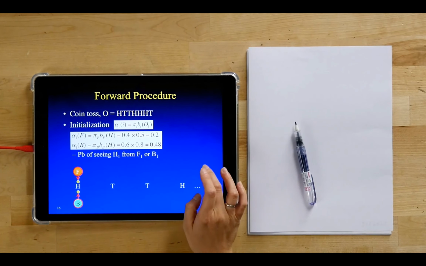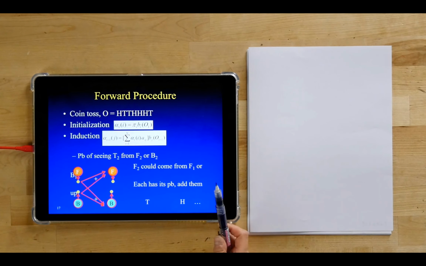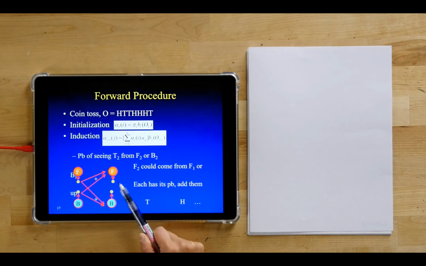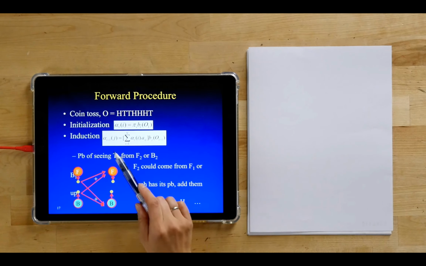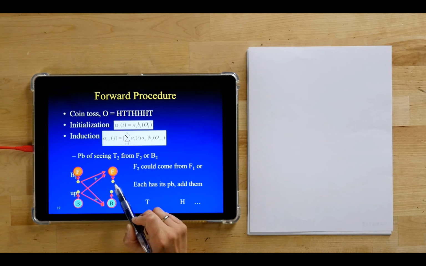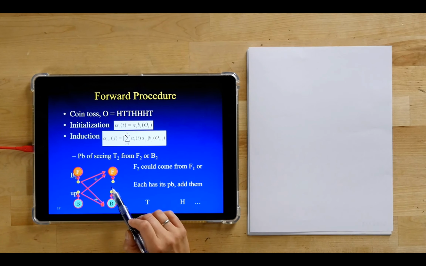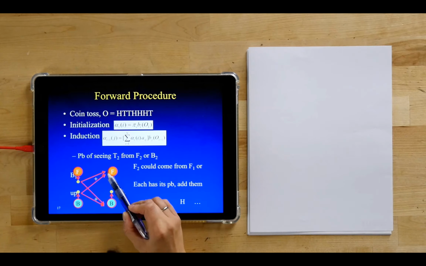So let's look at, first one is very easy. So let's look at the next step, okay? So we're trying to now calculate this alpha value for time. So this is time 1, now we're looking at time 2, okay? So we know at time 2, we're getting a tail now. So the alpha under this yellow dot on time 2 is asking, and the top one is asking, what is the chance that I'm seeing a tail now and everything before it in order